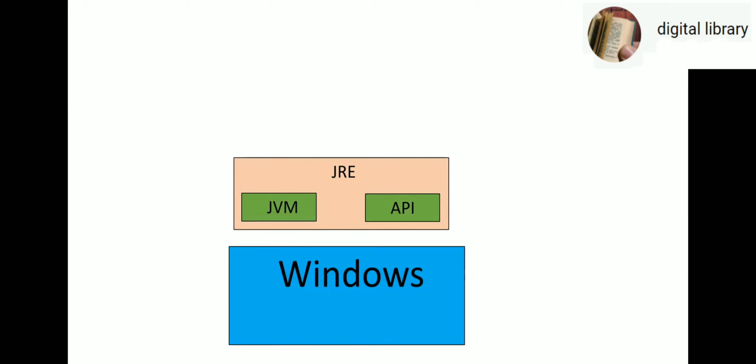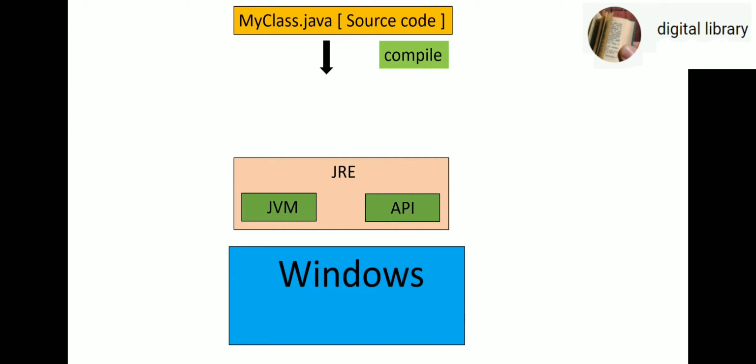Now, as usual, like every programming language, you have to compile source code. When you compile source code, there are two main purposes. The compiler checks whether compilation errors are there or not. And second, the compiler makes your code ready for execution. So in Java also, you compile the code.